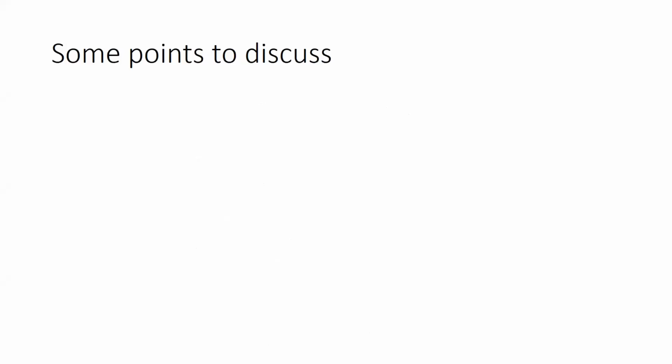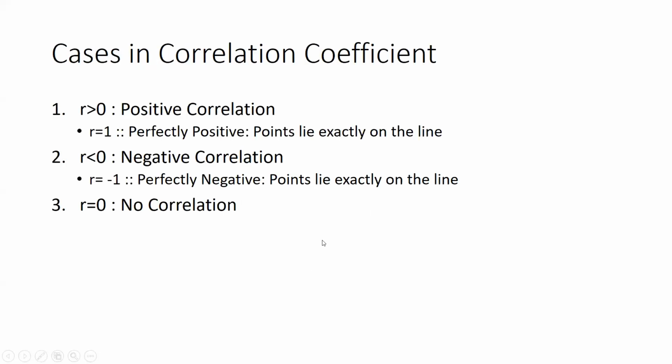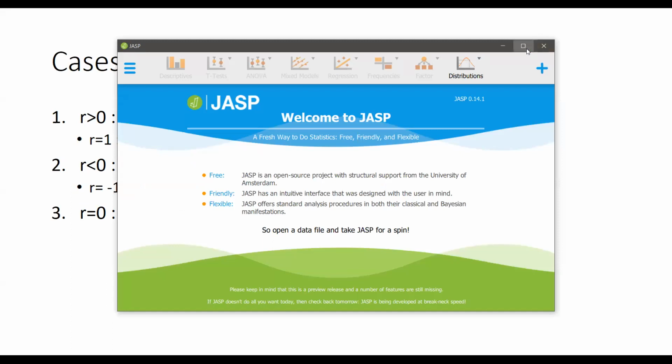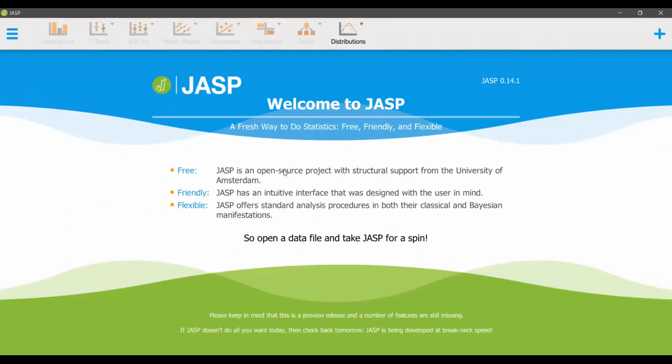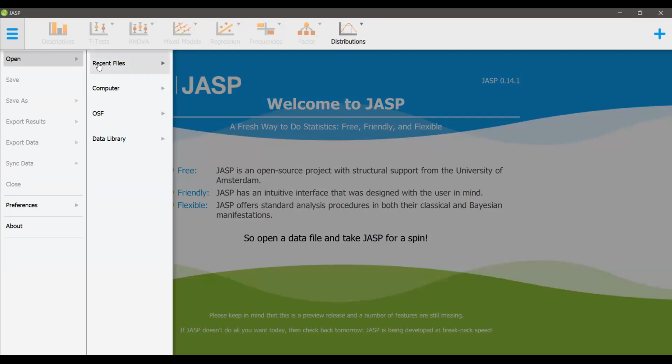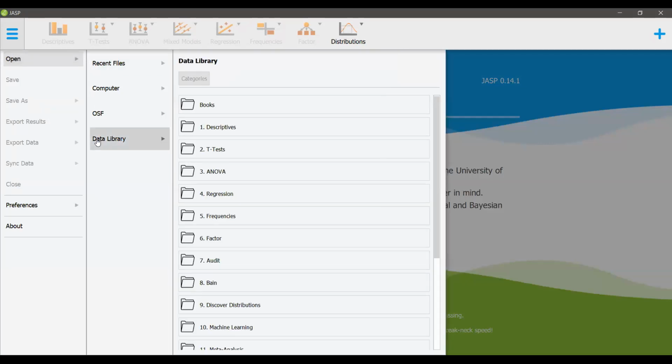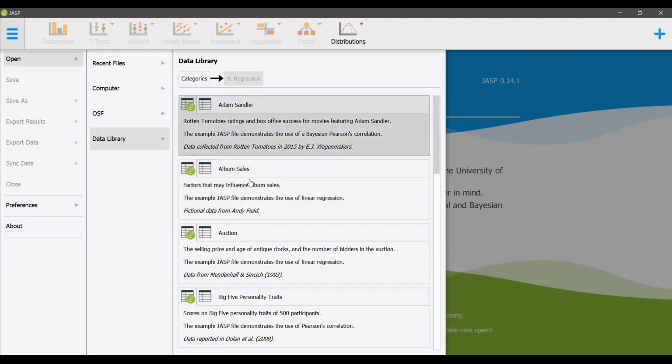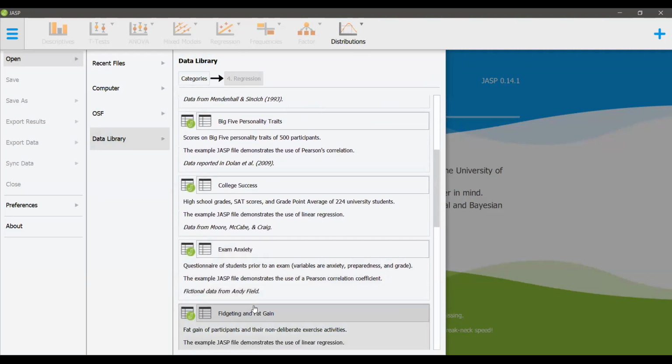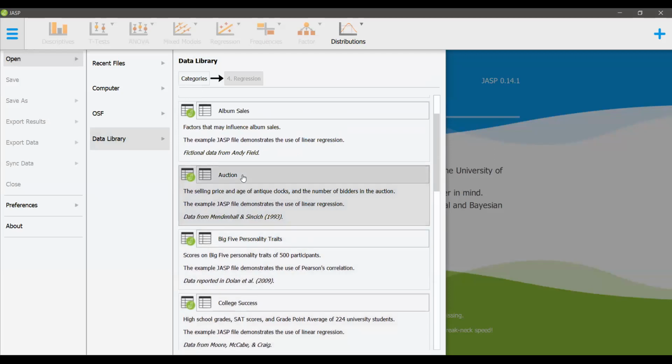Let's first go into JASP, and let me show you how we can start with this. In the next session, we'll continue using JASP and understand more details. With my JASP here, I can open a data library. Under the regression category, I have some data sets, so I can take any of them.